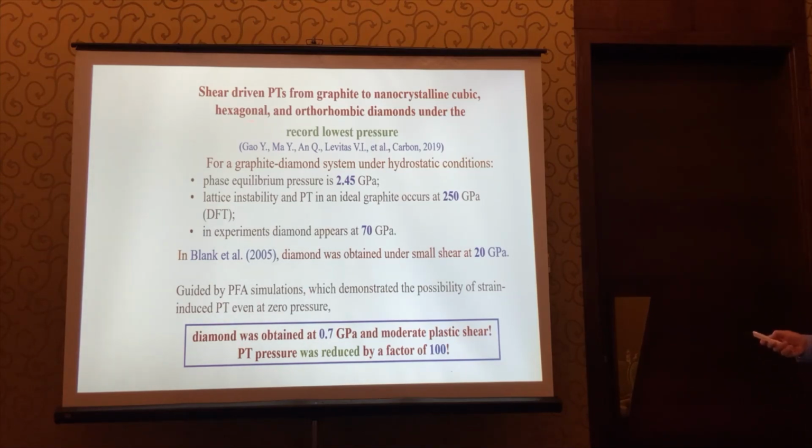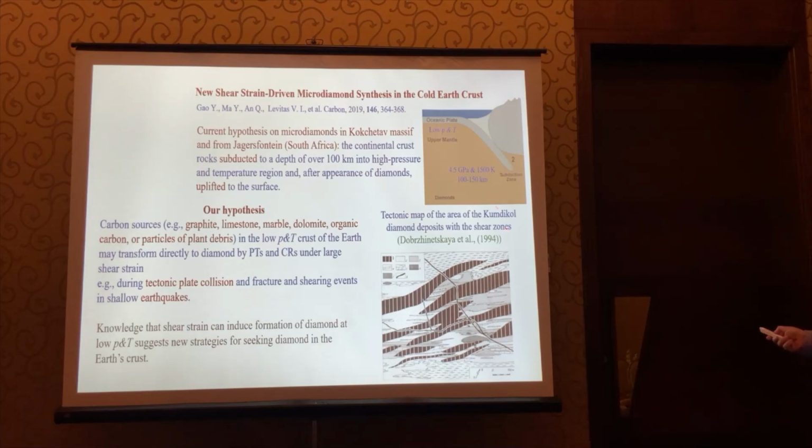Also, we received in the same experiment hexagonal diamond at 0.4 GPa, or new orthorhombic diamond. So there is much more from this experiment, but also these results have geological implications. In geology, in Earth, diamond appears in high pressure, high temperature region. But also microdiamonds were found in low pressure temperature region in Earth's crust. And main hypothesis is that rock from this region